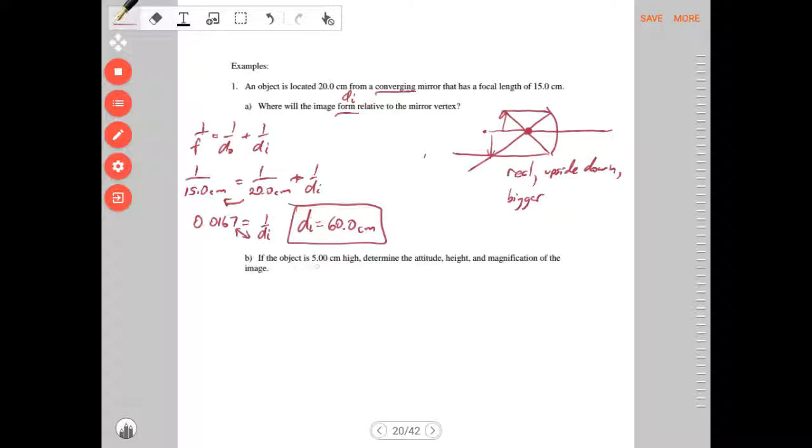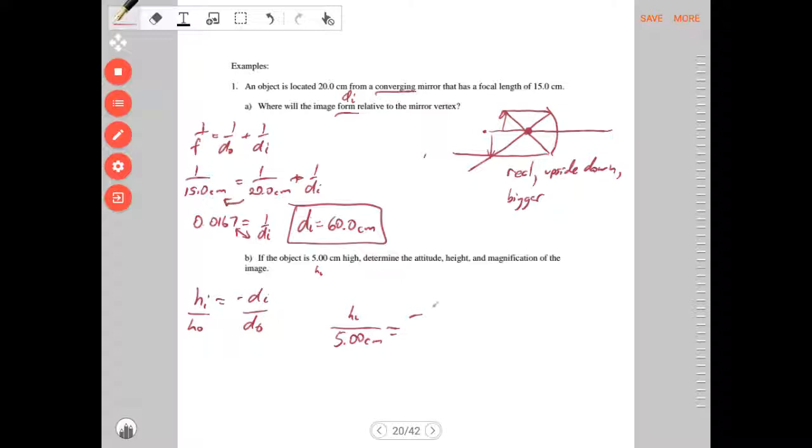If the object is 5 centimeters high, determine the attitude, height, and magnification. Well, we already know that it's upside down. That's the attitude. But let's prove it. This equation we affectionately call Heidi-Hodo. If the object is 5 centimeters tall, that's HO, so we get 5.00 centimeters on the bottom. I want HI, negative